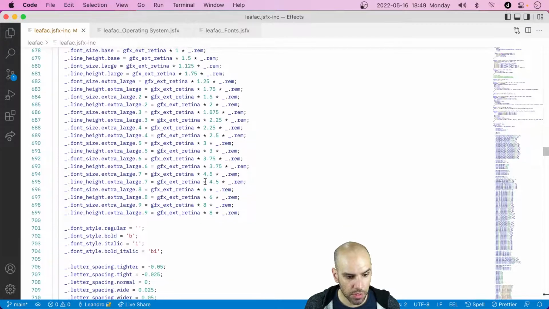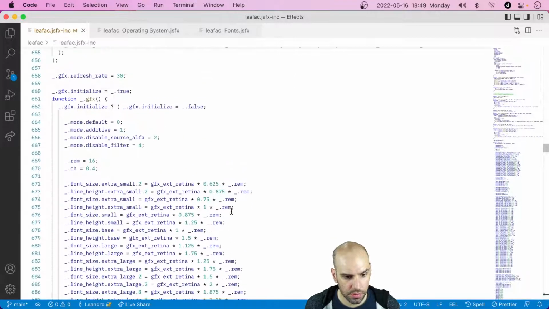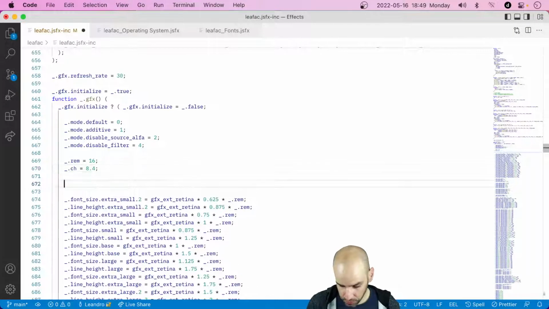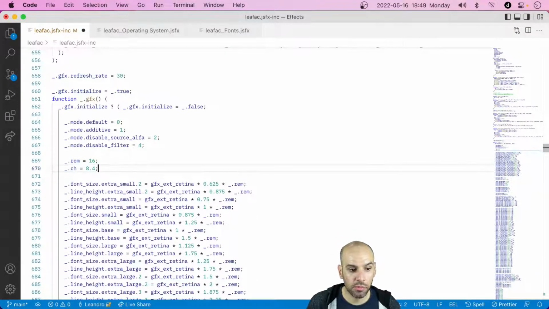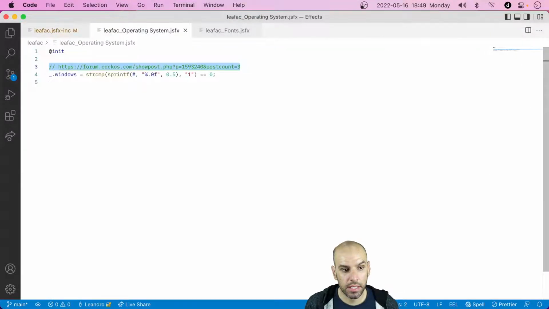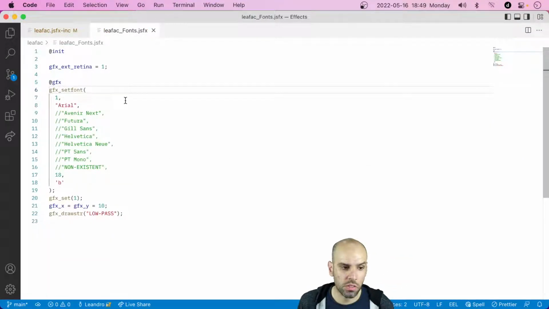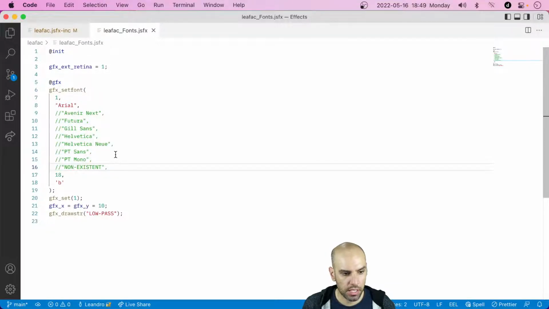Let's find the place where we do font stuff, which is right here. It's right at the top. And then let's look at some fonts actually. Let's look at some fonts and see what are some fonts that look good and that make sense. I made already a pre-selection because I was testing this concept. So this is what I came up with. And I think that we are not going to use this exactly. We're just going to get the fonts from here, but let's go to another